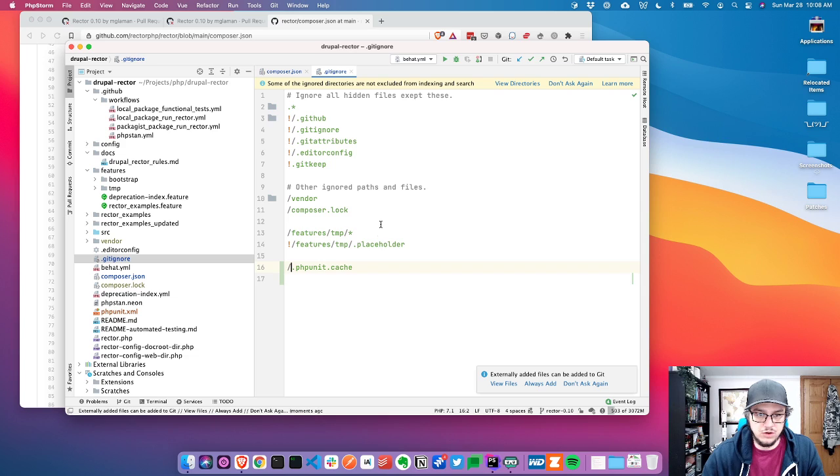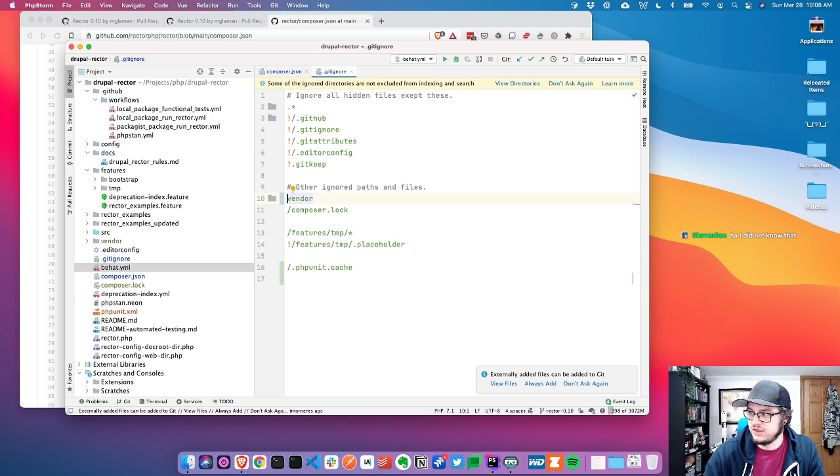And we'll go here. For anyone who's curious, the reason why I added the /, it's out of habit, but this says in the root directory. So if I remove the /, it would exclude .phpunit.cache from any of the subdirectories. But by prefixing it with the /, it means the root file. So that's why here it says /vendor. This ensures that it doesn't, this way, if you did,